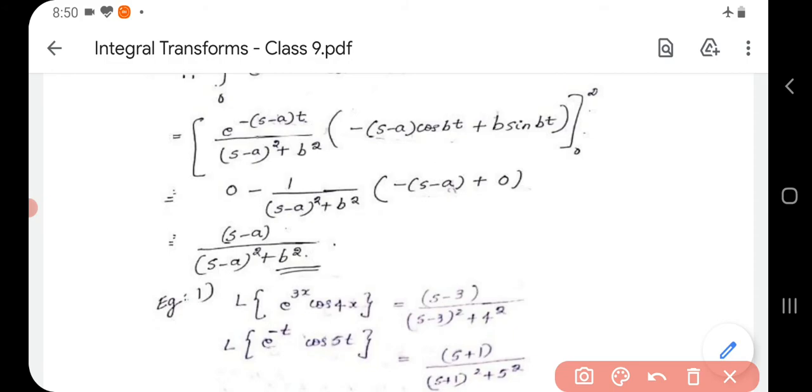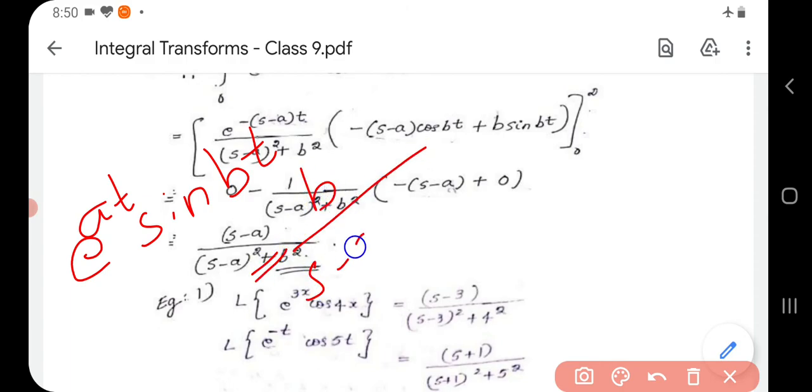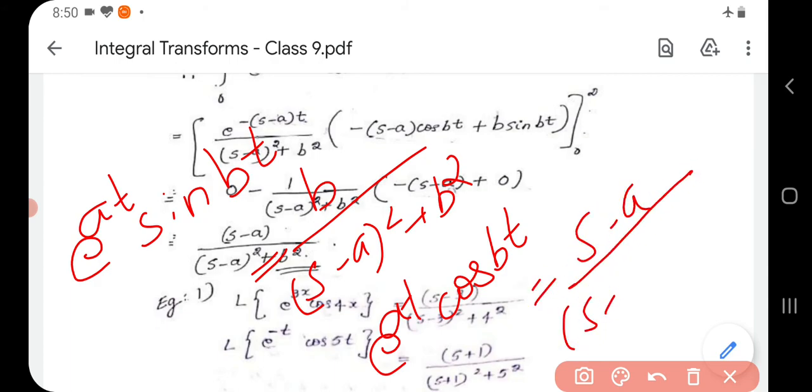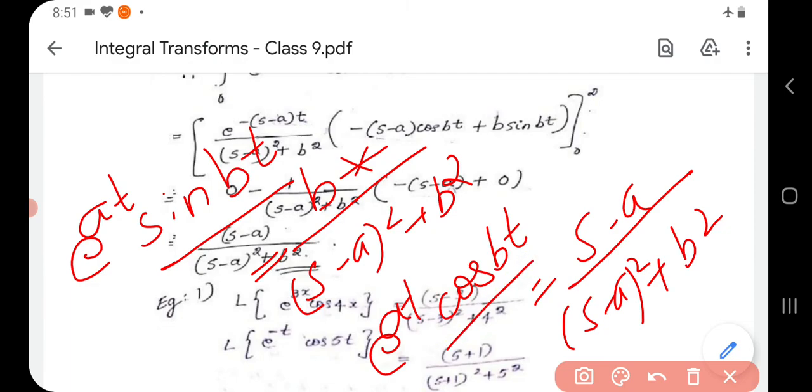So when the given question is of the form e raised to at sin bt, answer is b by s minus a the whole square plus b square. When the question is of the form e raised to at cos bt, answer will be s minus a by s minus a the whole square plus b square. Denominator is the same. The only thing is that when it is sin, numerator will be b. When it is cos, numerator will be s minus a. Okay,